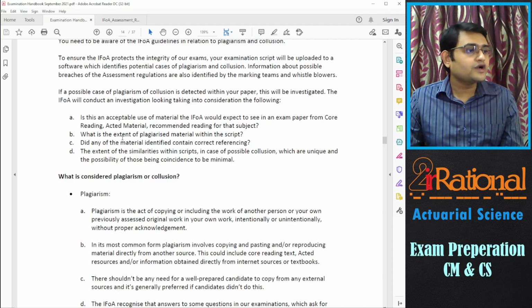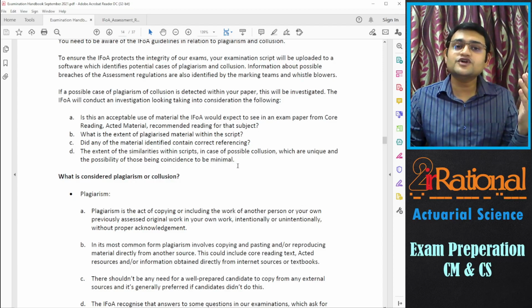What is the extent of plagiarism material within the script? Did any of the material identified contain correct referencing? The extent of the similarities within the script in case of possible collusion, which are unique, and the possibility of those being coincidence to be minimal.